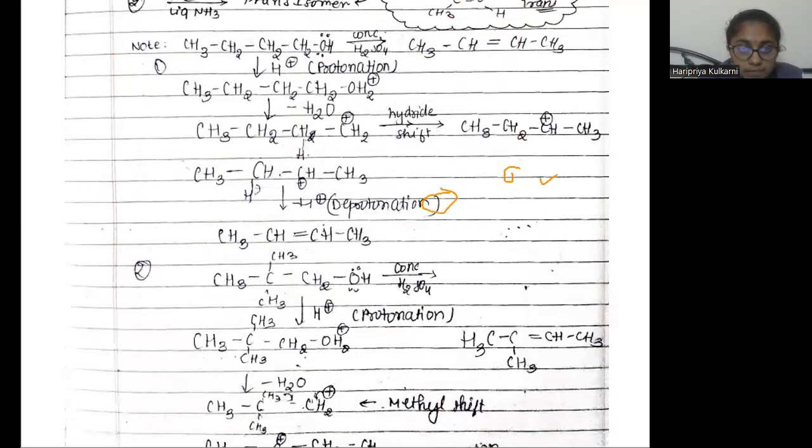Now, coming to the mechanism. How does this work? Starting with the first thing, CH3 CH2OH. Firstly, we are going to remove the water, with concentrated H2SO4. I'll just erase these. So the first process is protonation. What is protonation? It is addition of a proton, that is hydrogen,